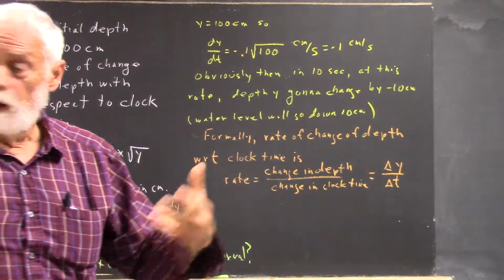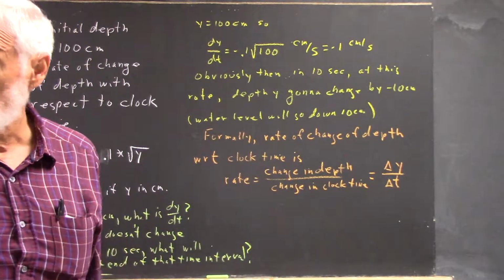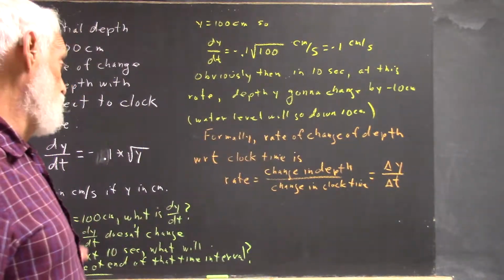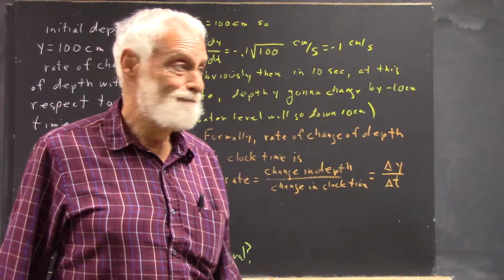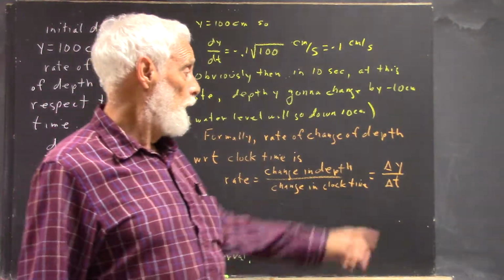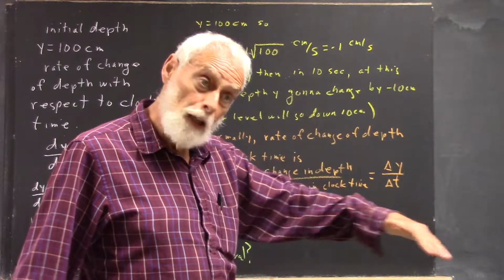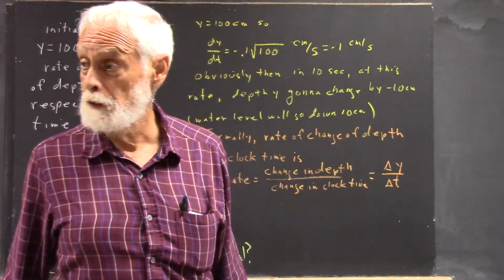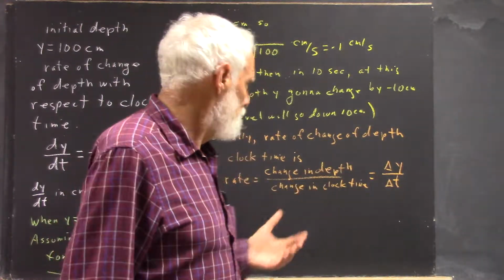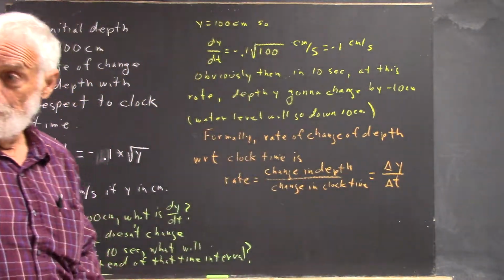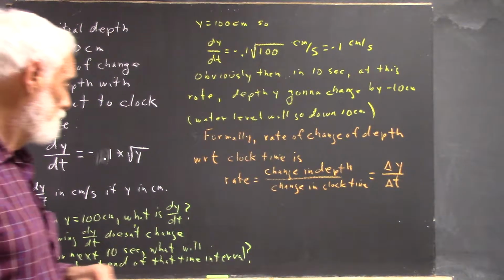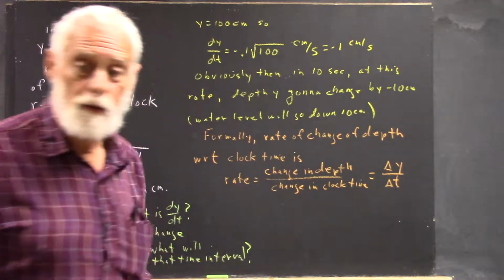And incidentally, on the homework, most people did a real good job with slopes. And people already mentioned that slopes and rates are the same thing if you're in the right context. So if we had a graph of y versus t, a graph of depth versus clock time, this would just be the slope of your graph between 2 points, right? Well, more about that later, but you have that idea. Now, knowing that,